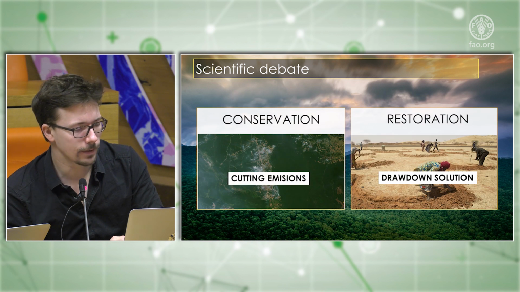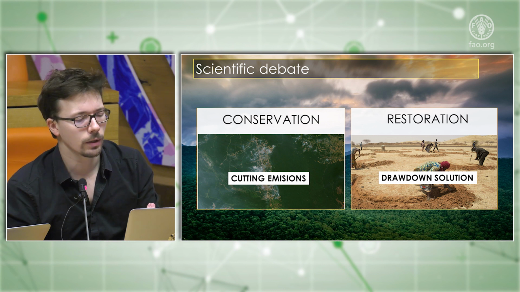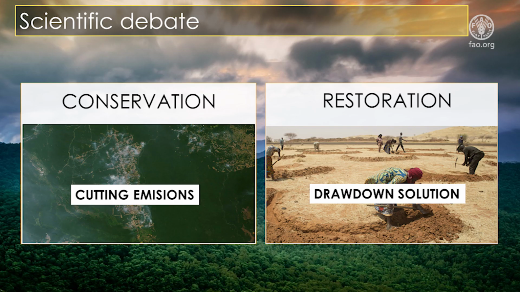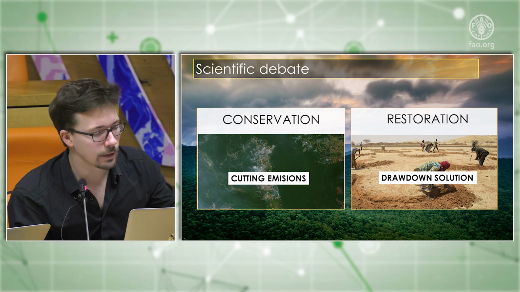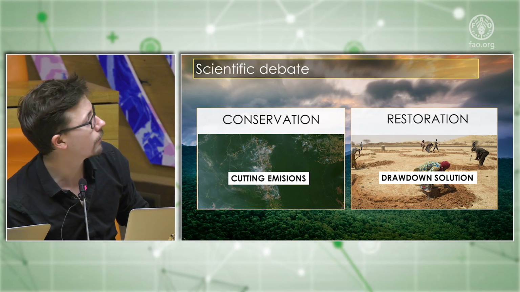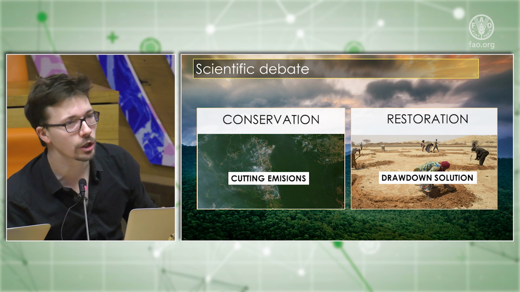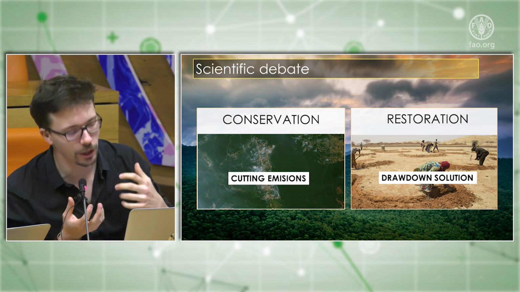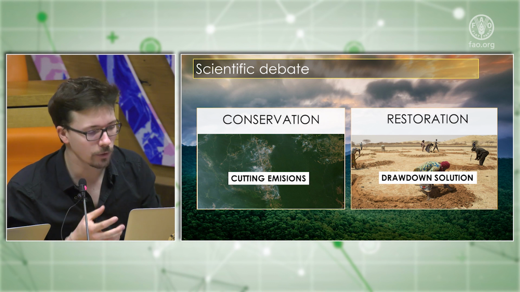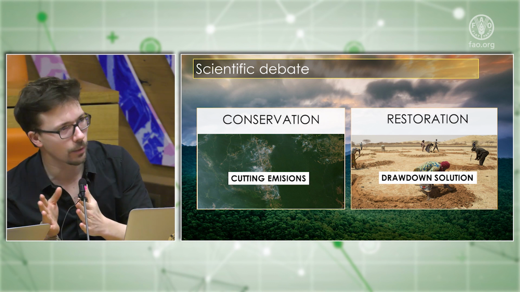Another important point, I think, is that restoration is not mutually exclusive with conservation. Of course, we need to conserve all the forests that we have, because if we cut them, it's just net emissions. We need to conserve that carbon in existing forests and existing ecosystems. Restoration is not a compensation for deforestation. Restoration has to be done as an additional part.